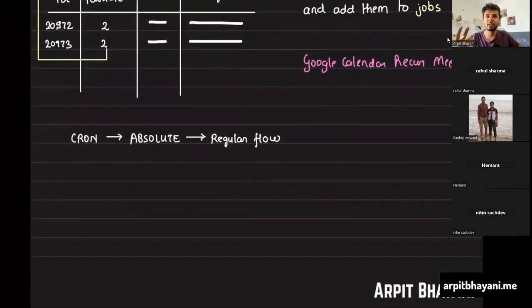And if you look carefully, this is how Google Calendar recurring meetings would be happening. Because there also your manager schedules a one-on-one bi-weekly forever. You select never when you are booking that time. How does Google Calendar know how many entries to create? It is creating entries for, let's say, 3 months' time. And after every month, or when a particular meeting is happening, it is making 3 more entries in that database. Right?